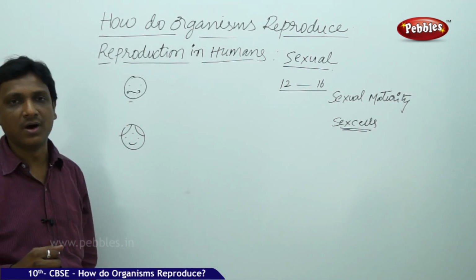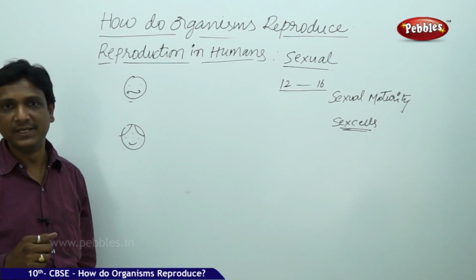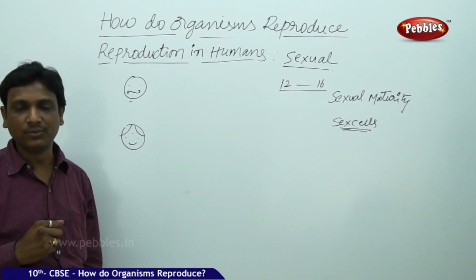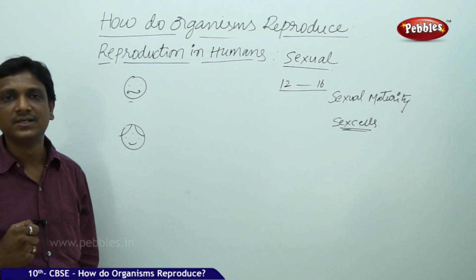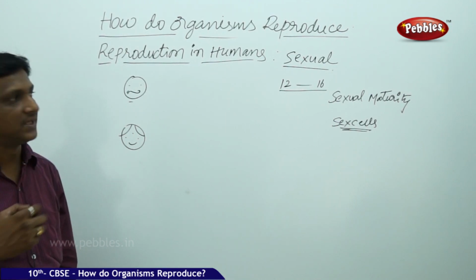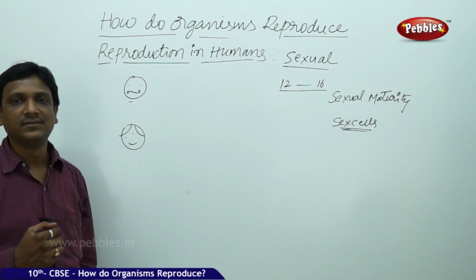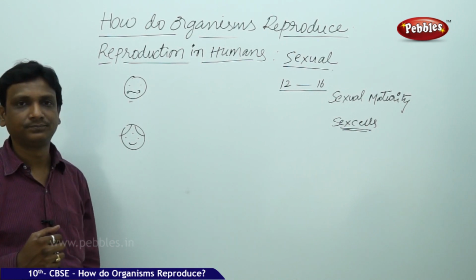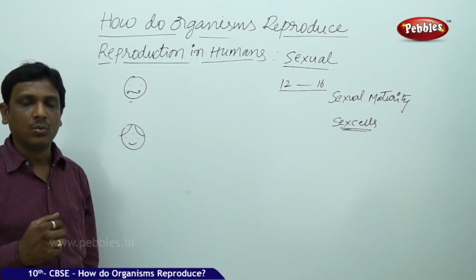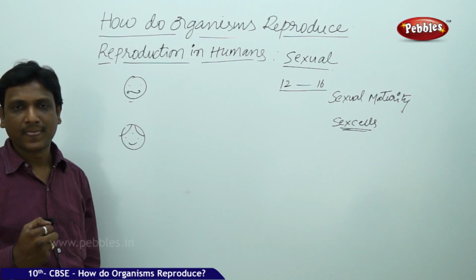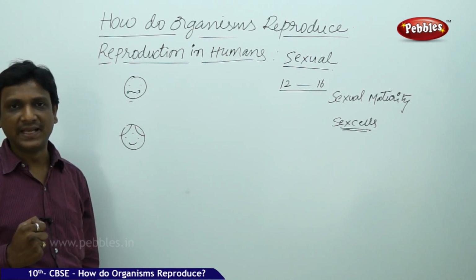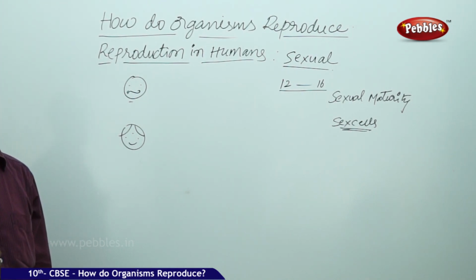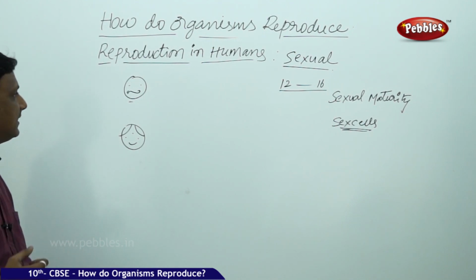That is because of the reproductive hormones produced in male and female. In the hormones lesson, in the control and coordination lesson, I already told you about the hormones. In males, testosterone starts being produced, and this testosterone brings the sexual characters in males, and estrogen brings sexual characteristics in females. Why physical changes? These physical changes enable the opposite sex to identify that the other organism is capable of reproducing. That is the reason. And let us see what physical changes you observe.